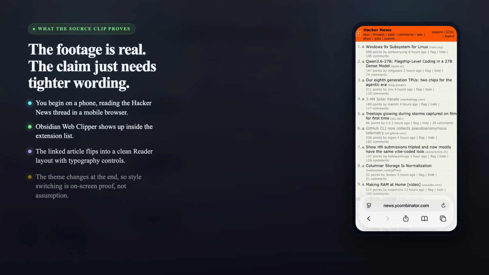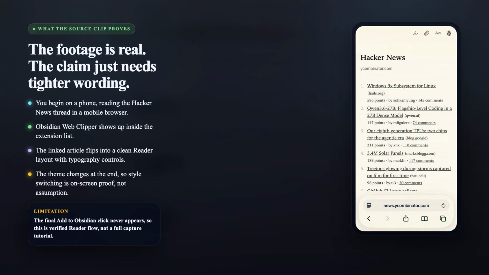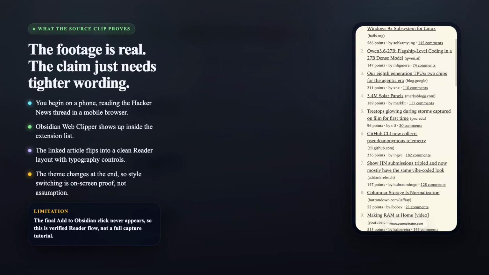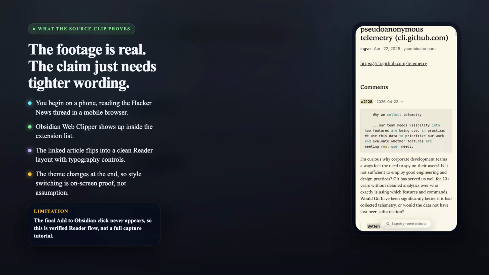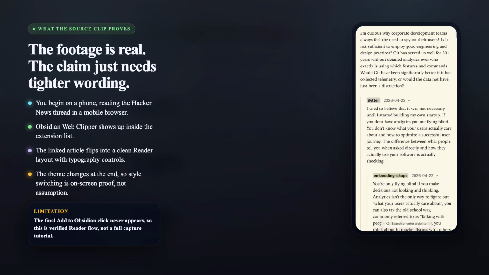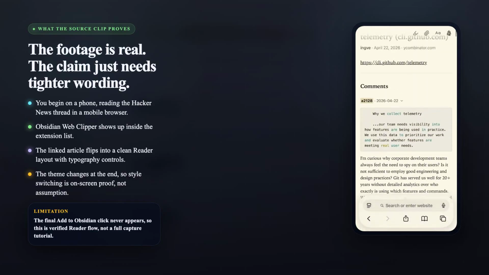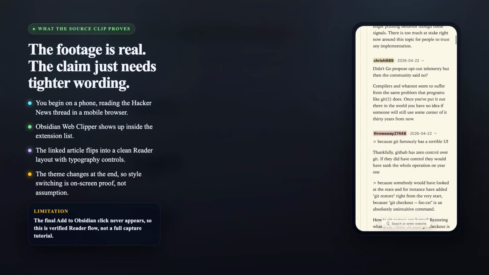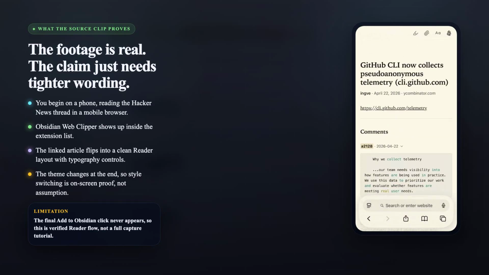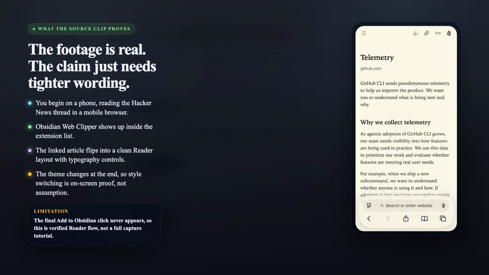Start with what the source video literally shows. We open Hacker News on a phone. We tap into the thread about GitHub CLI telemetry. We read the comments in a mobile browser. Then the browser menu opens, and Obsidian Web Clipper is right there in the extension list. After that, the clip moves into the linked article on